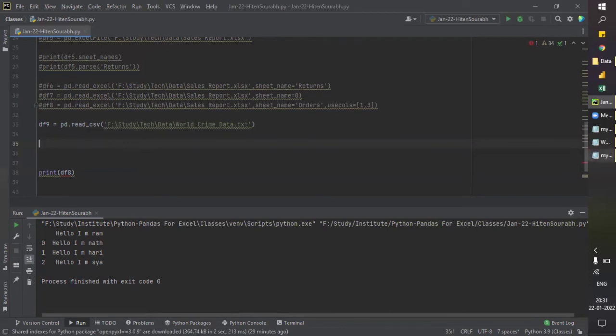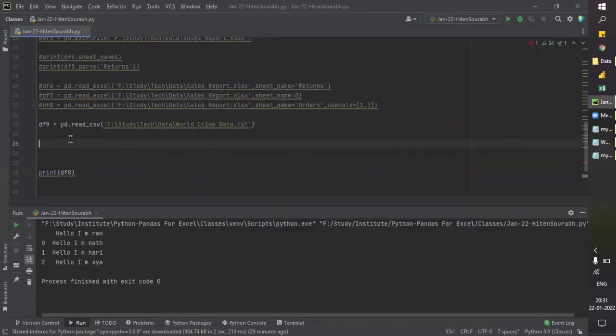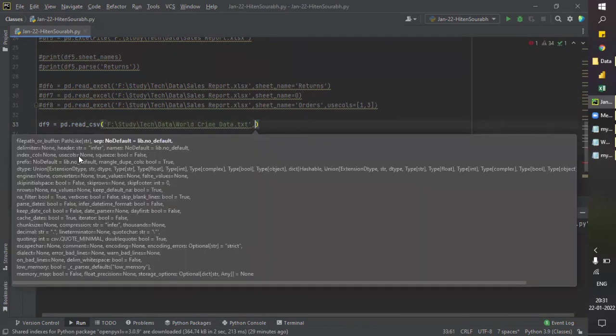For example, it can be slash, it can be space, it can be anything. In Excel you must have seen this when we do the text to columns functionality, and it asks for delimiters. Let's come to Python, and in this we have found the delimiter, that is comma.